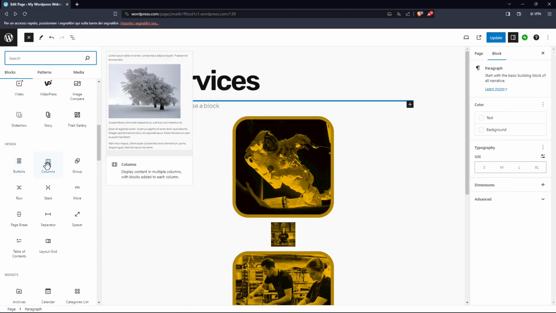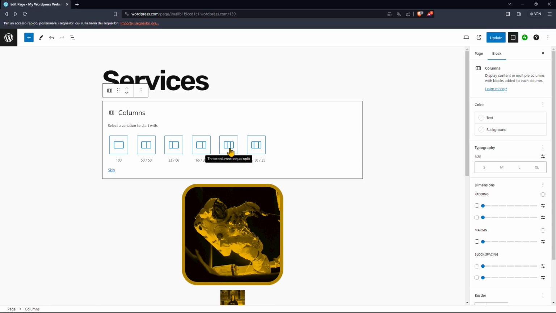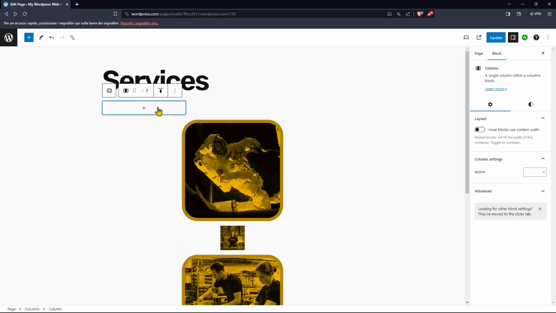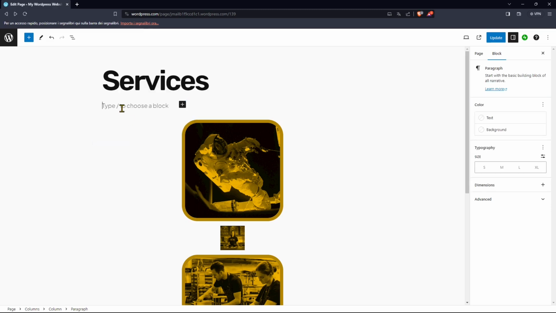And then we have columns. Now columns are really handy when you need to define a layout. And these are some presets. So you can see that we have different proportions for the columns. This is, for example, 3-column. So if I click on this, it's going to continue to add, but in this row right here. So if I click plus, and let's add a simple paragraph, and I'm going to type